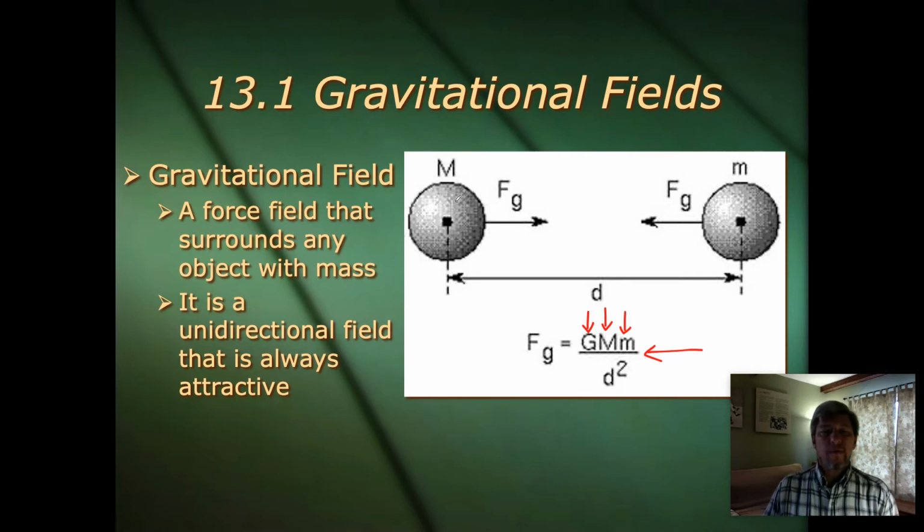So even if you were talking about 2 very large objects, like, for example, let's say this was the Earth and this was the moon. The mass of the Earth here, the mass of the moon here, there is a force of gravity that will attract these 2 objects. Obviously, we know that because the moon is still in orbit around the Earth. And the magnitude of that